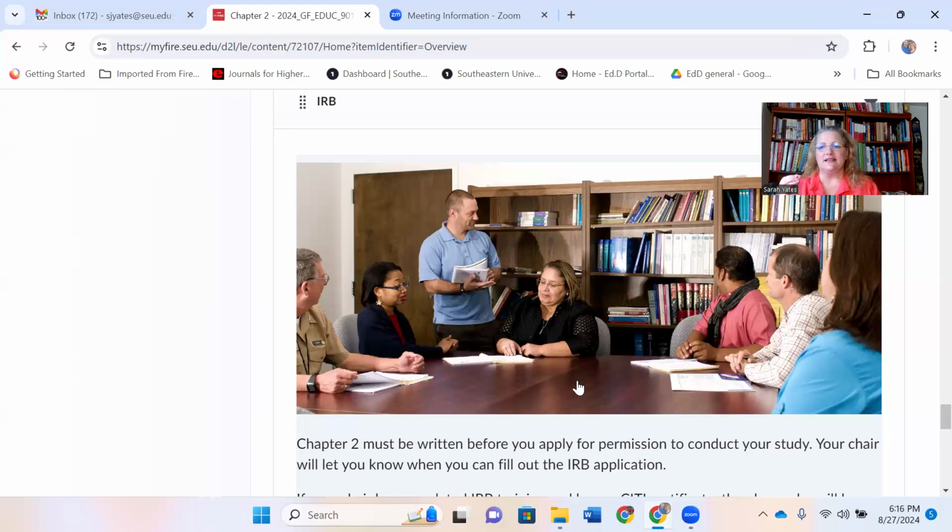So sometimes it's necessary to complete that IRB application a little bit earlier, and we do that on an individual basis. But for the most part, we want to be sure that the student's written chapter 2. We've learned over the years that students might fill out the IRB and go collect data, start playing with the data, analyzing it, having so much fun, and they did not write their chapter 2. And it is our firm belief that the student needs to be well-versed in their topic and have that knowledge and have written chapter 2 before they get to collect data.